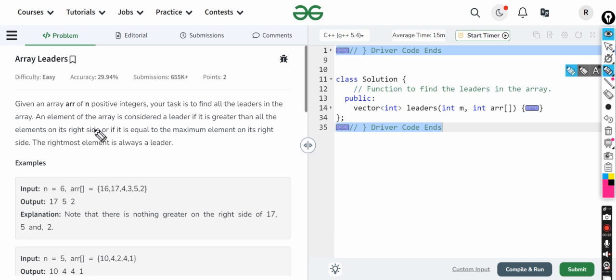What do you mean? Just I'll let you know that if my number is 17, whatever number comes after 17 or at the right hand side of 17 should be lesser than itself. If I am standing at 16, if I check at my right side, there is the number 17 which is greater than 16, so this can't be a leader. But vice versa, when we stand upon 17 and check the right hand side, we'll come to know that there is none of the elements which is greater than 17. So 17 would be considered an array leader.